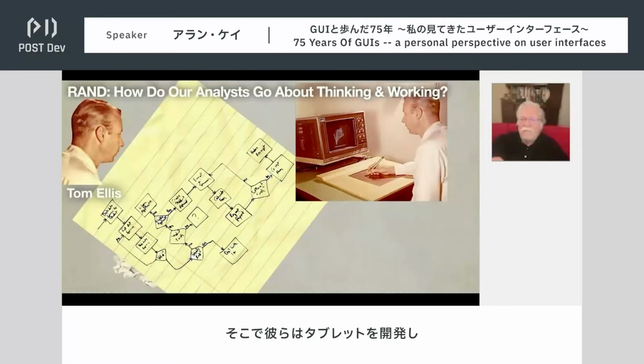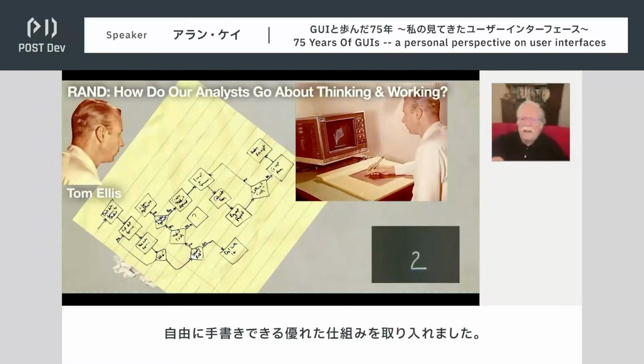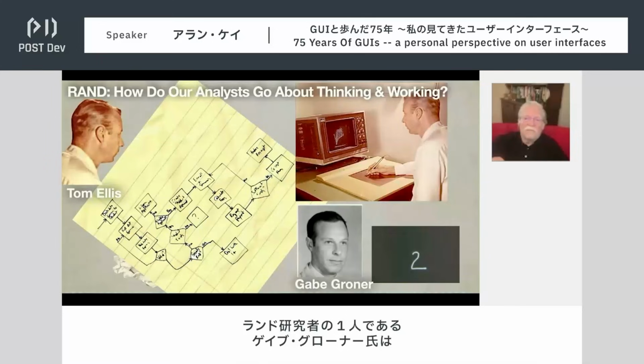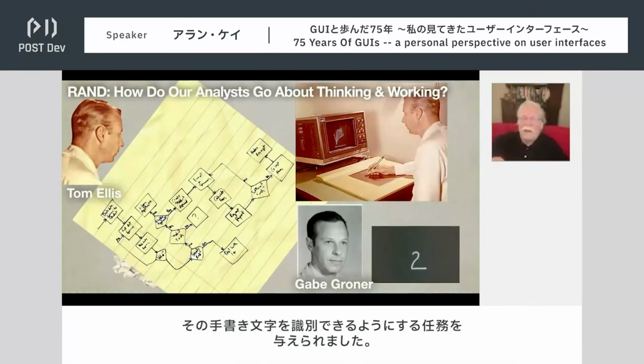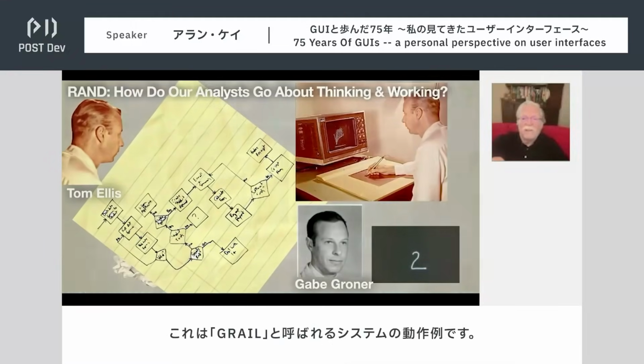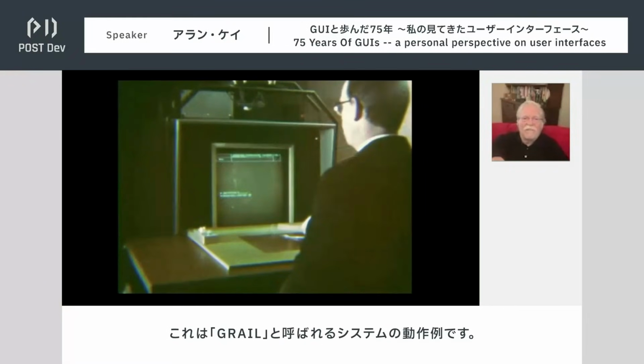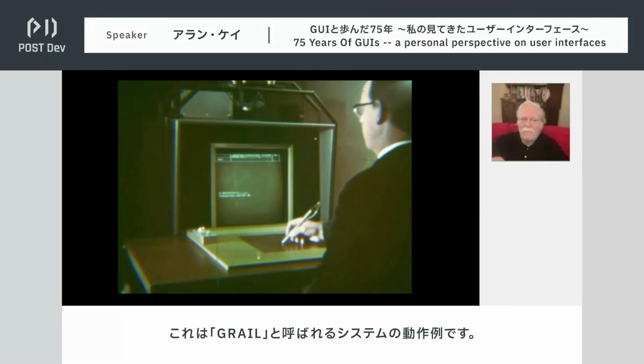And so when they invented the tablet, they invented it with a very nice way of producing free-form ink. And one of their researchers, Gabe Groner, was given the task of being able to recognize those characters. And here's an example of the system called Grail in operation.